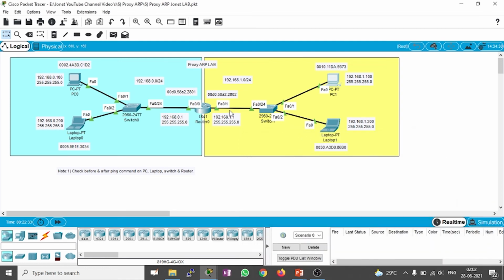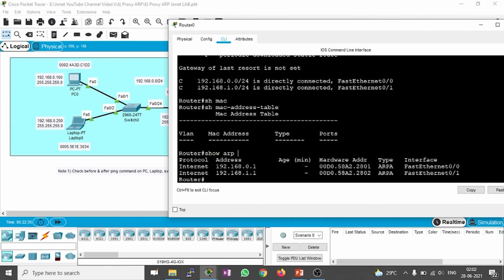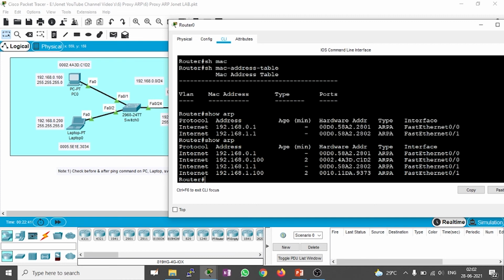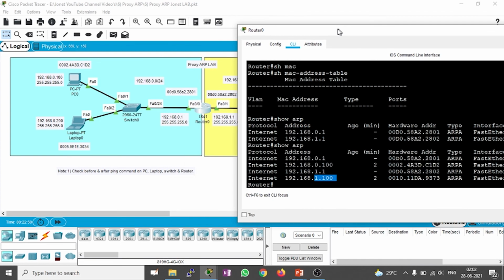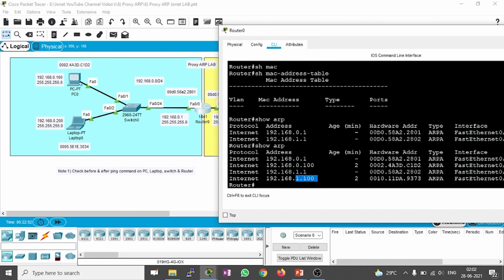Now go to the router. Now enter the same command, show ARP. Now you can find which clients it has communicated with, with the IP address as well as its MAC address.